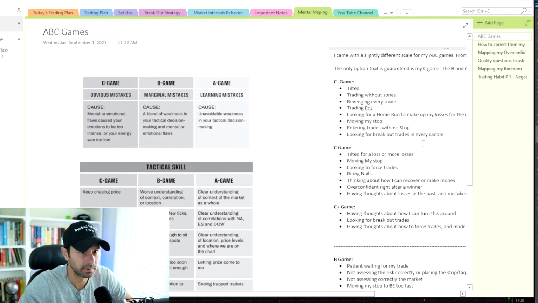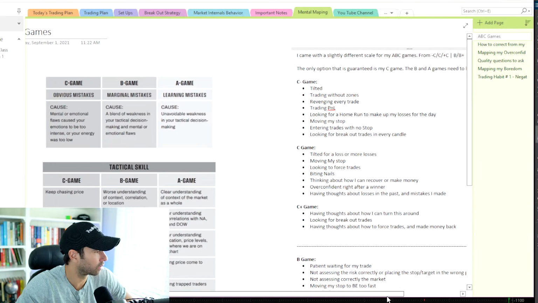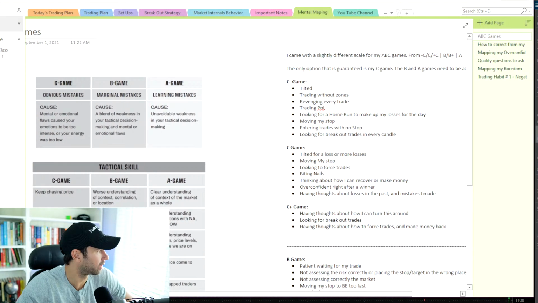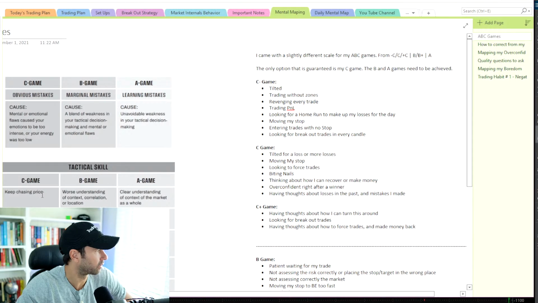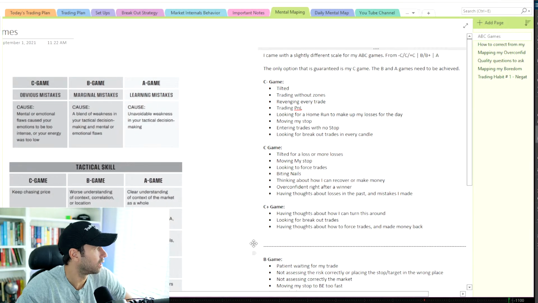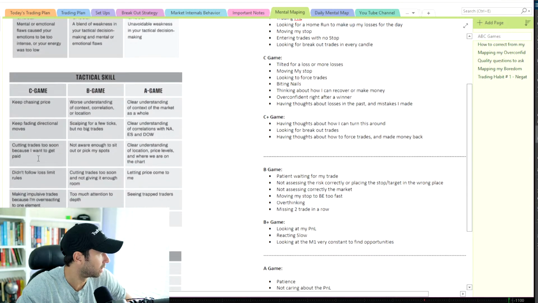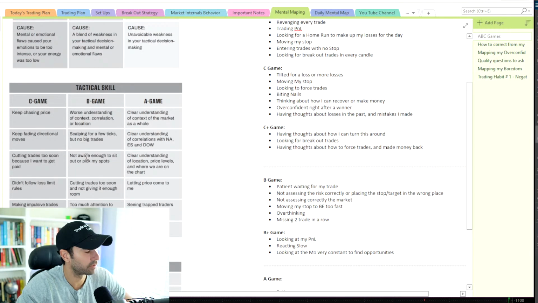It'll take time for you to change, right? But ultimately, if you do whatever you need to do, I think it's a possibility that you can do it, right? So you map your mental games: A, B, C. When you're good, you're in your A game. B is okay. C is when you're doing stupid shit and chasing price and getting late, or your mental state is not optimal. And then you start recognizing, right? And after you start recognizing your mental states, you